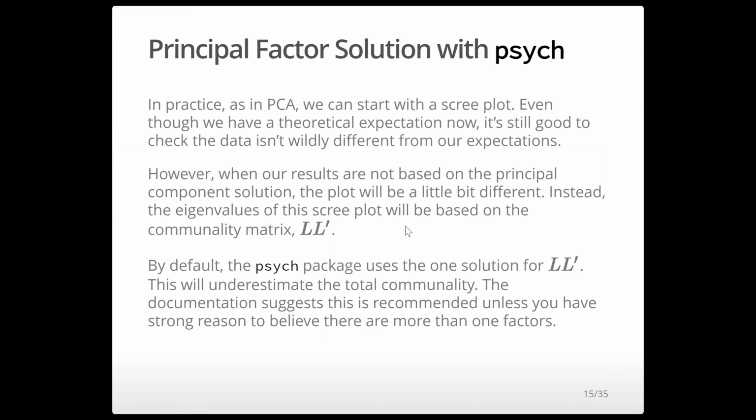Just like with principal components analysis, we could start with a Scree plot here. Even though we have a good theoretical expectation, it's always good to check the data isn't wildly diverging from our expectations. However, when the results are not based on the principal component solution, the plot is going to be a little bit different, and it's not going to use the eigenvalues of the data itself. It's going to use the covariance matrix of the data. It's going to use the eigenvalues of the communality matrix. And so by default, it's going to use the 1-factor solution for